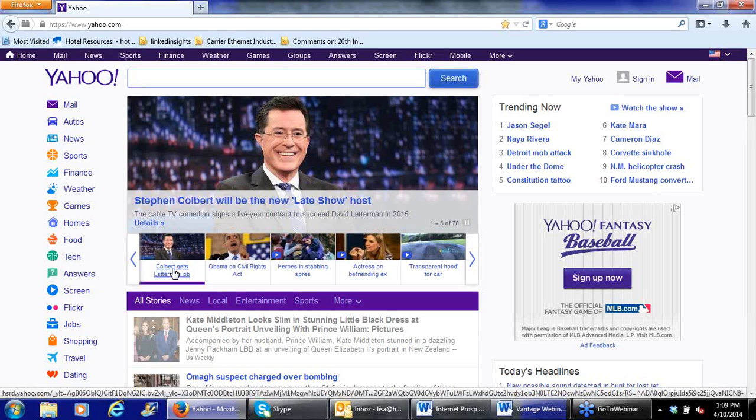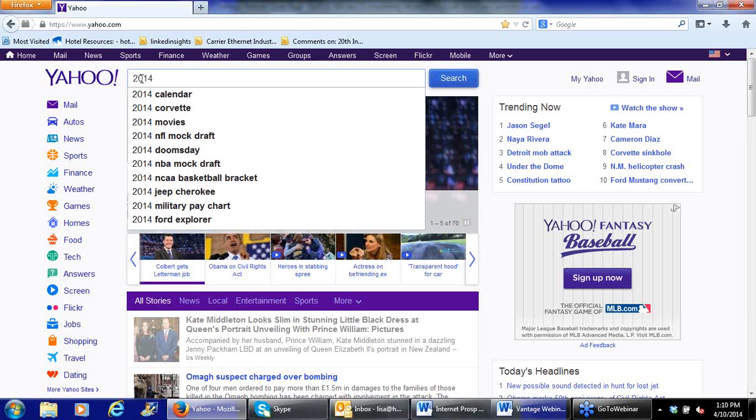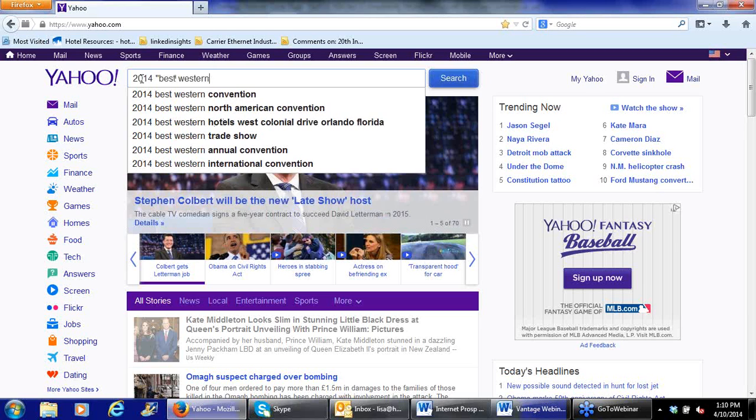But I'd like for you to start out building a database on your competitor's business. Let's go see who's going to your competitors. And anytime you're in a search engine, number one, the very first rule is put in the current year. You want to make sure that what you're asking for is good, current data. So then we're going to put in one of your competitors. So I'll put the Best Western